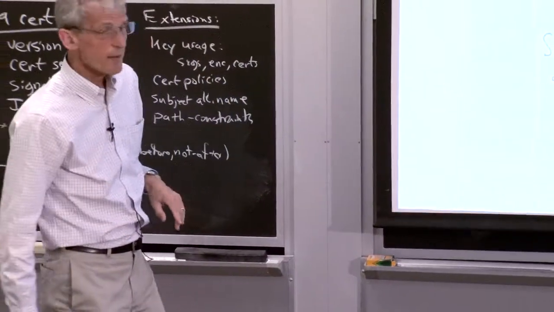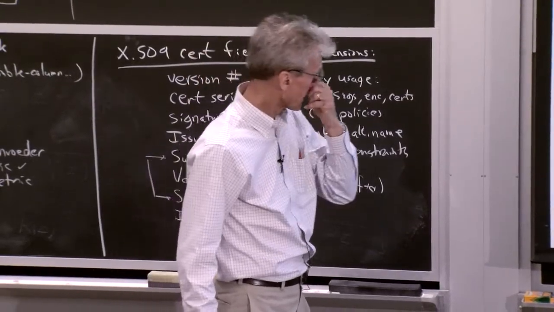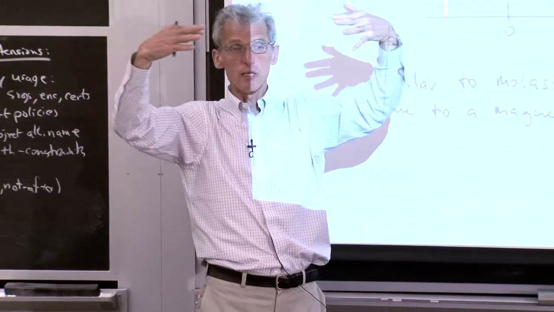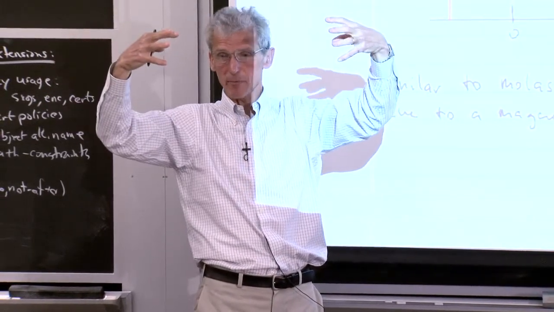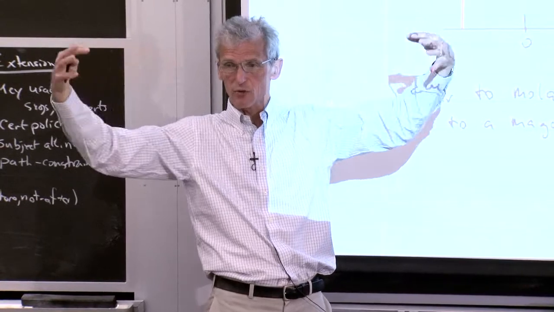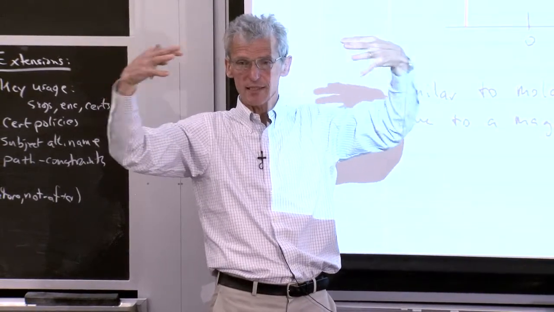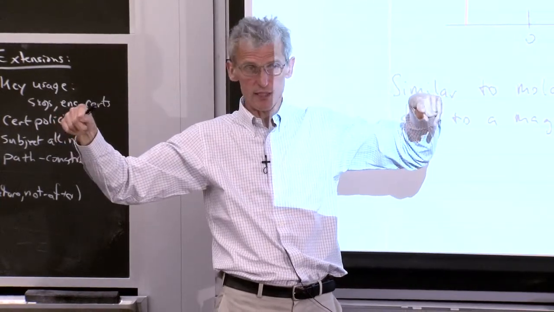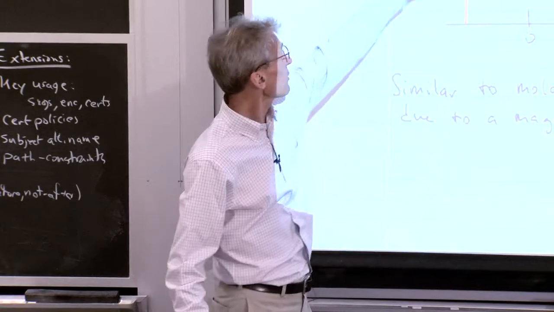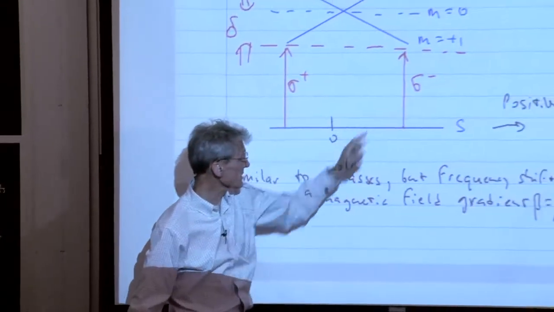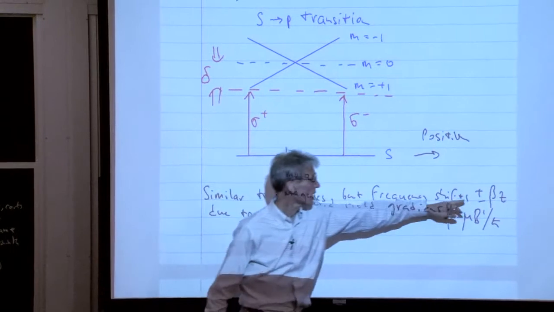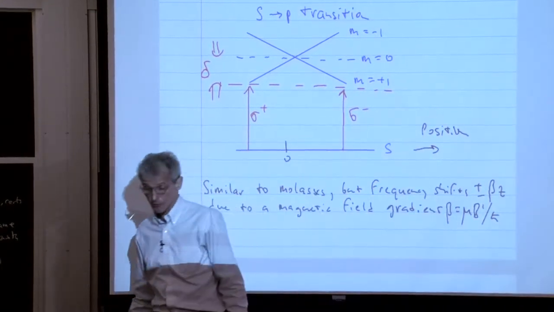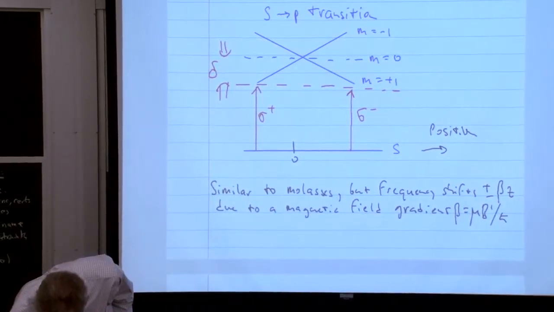So let me now describe it mathematically, which is very, very simple. Like in molasses, we just have two laser beams, 2 times the expression for the spontaneous light force. And you remember, we got the molasses equation by taking the 2 laser beams and putting in the Doppler shift, which is a velocity-dependent shift. Well, all we have to do is, for those 2 laser beams, put in a spatially dependent Zeeman shift, which varies linearly with position.